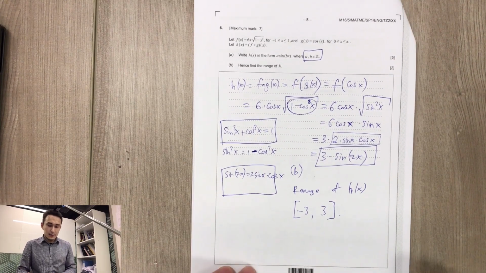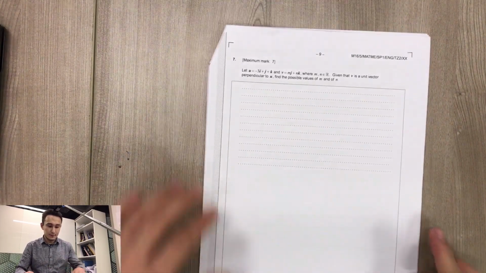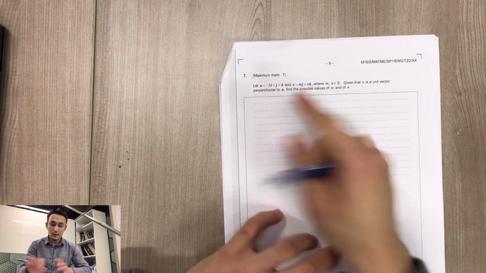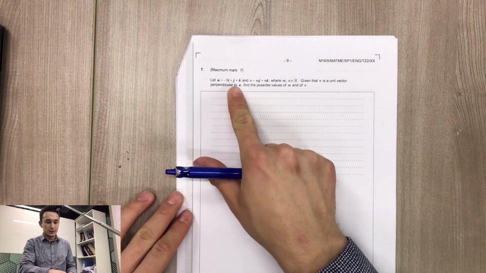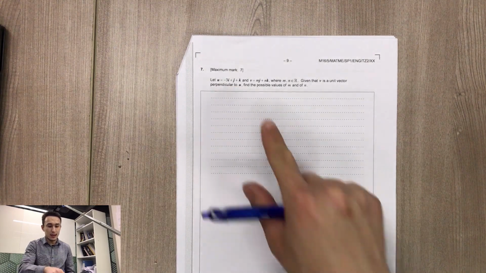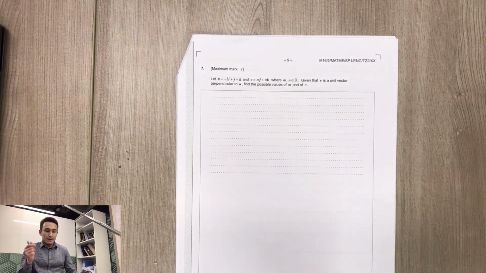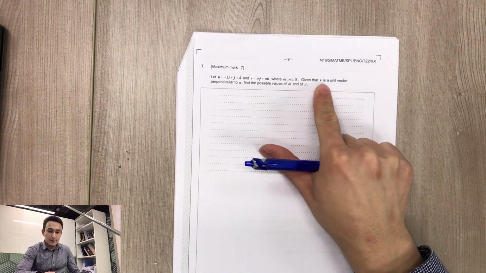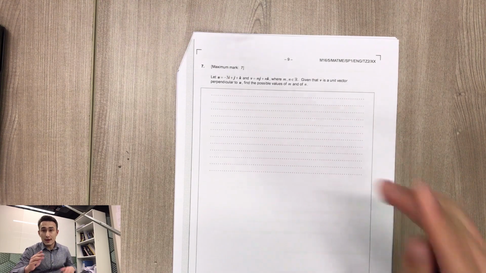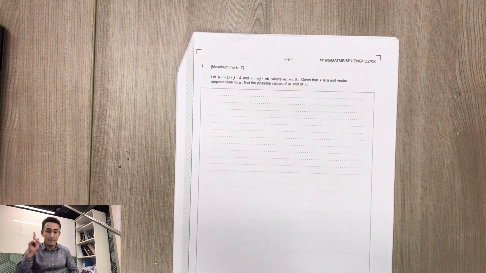All right, so moving forward, question 7. This is a vector question. u is equal to -3i plus j plus k, and v is equal to mj plus nk, where m and n are elements of real numbers. Given that v is a unit vector, a vector that has a magnitude of 1,